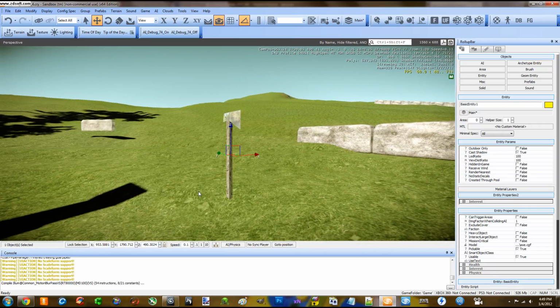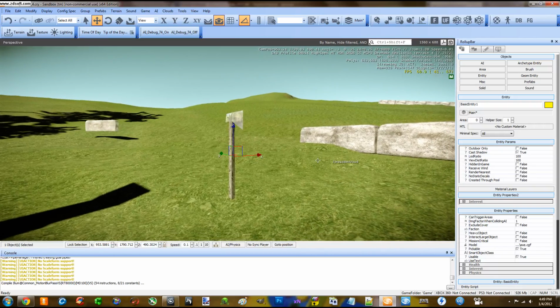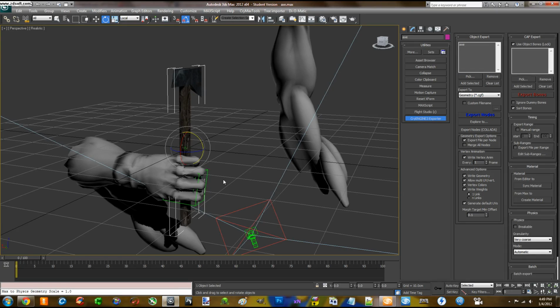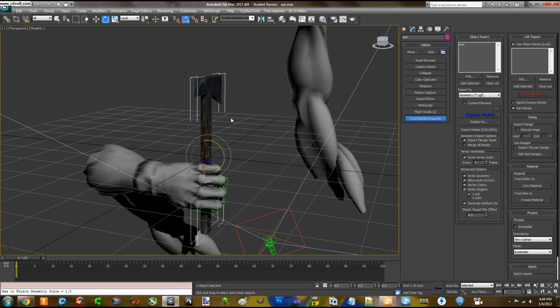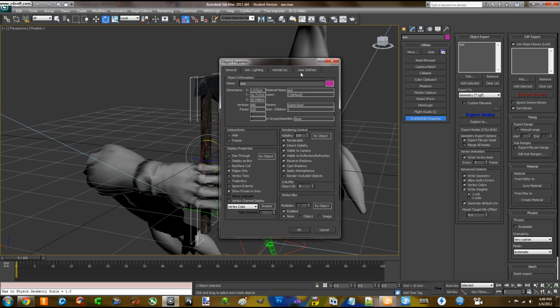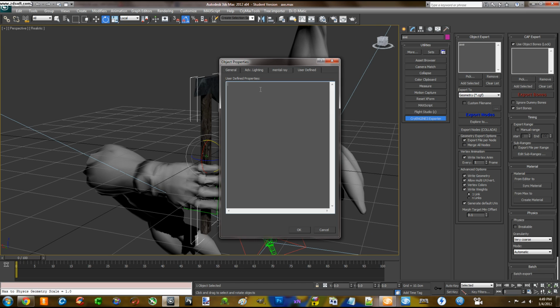You could if you want, but you can basically add it as a geometry entity and add physical properties to it, which is what we're going to do right now. So in your object in 3D Studio Max, go ahead and right click and go to Object Properties. In the User Defined section, go ahead and type in mass equals, and let's see, CryEngine uses the